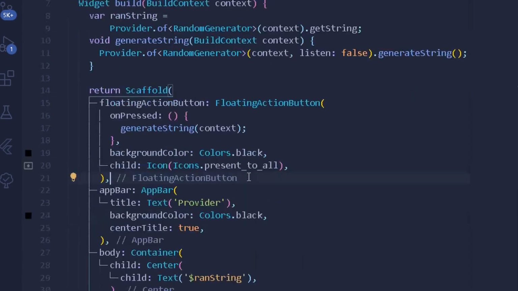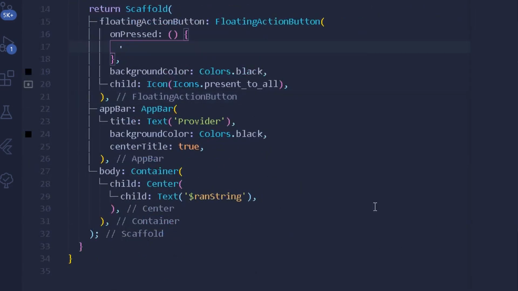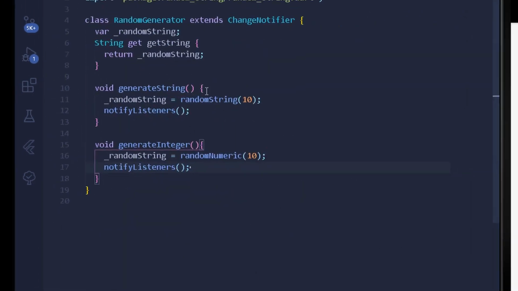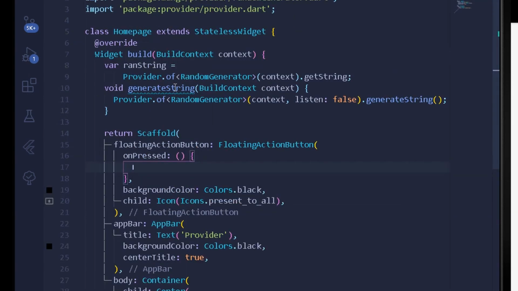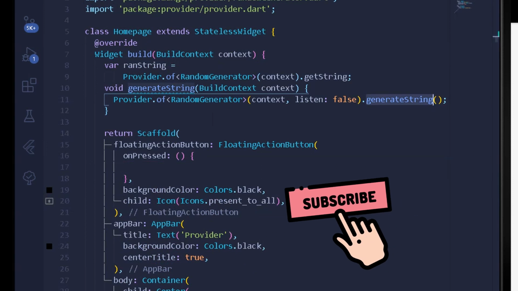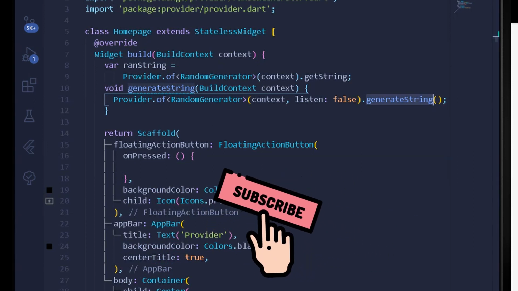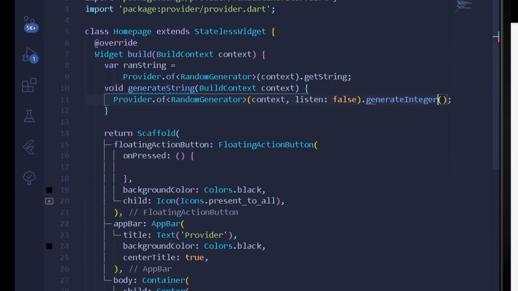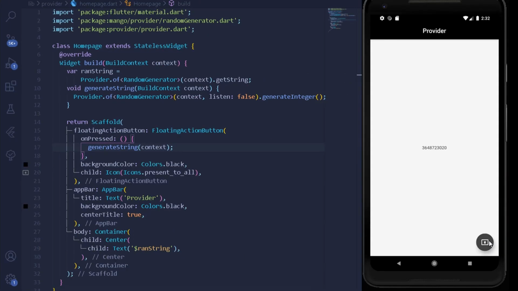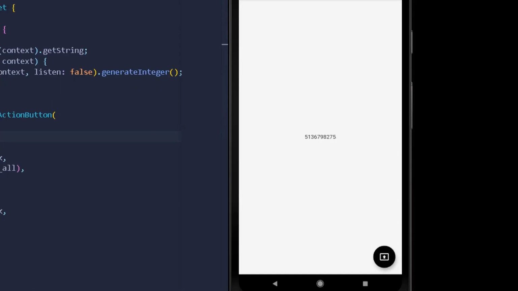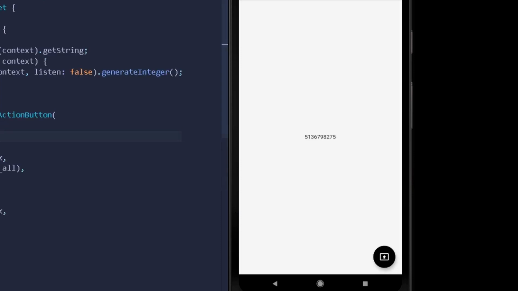Alright, so under this class, if I assign a property of the generate integer method, in this case we need to add a property here as well. So instead of listening to the generate string method, I can simply listen to generate integer as well. And if I try to test it by writing this same method one more time, let's test it out. Here you can see that we are now listening to all of our numbers generated under our generate integer method as well.